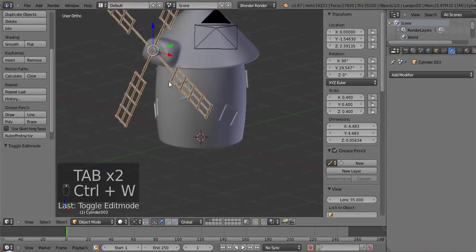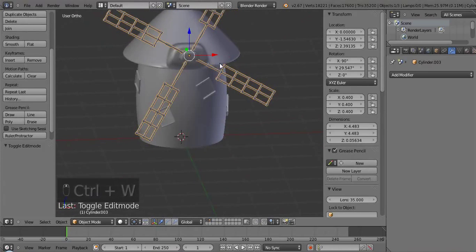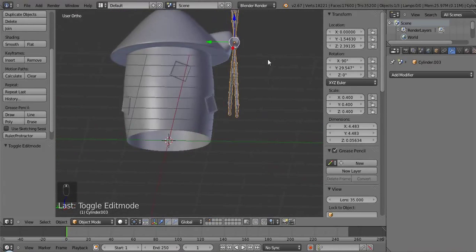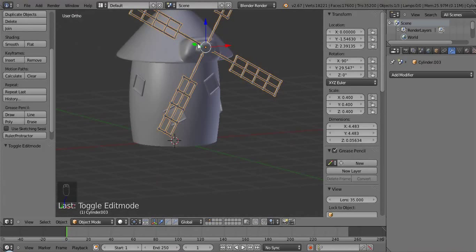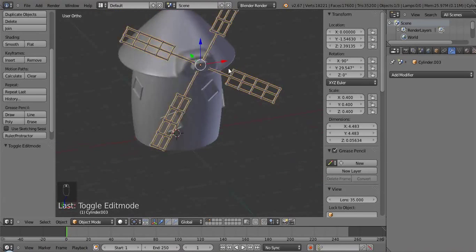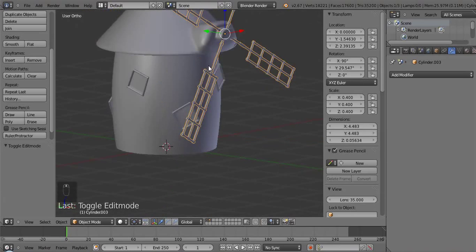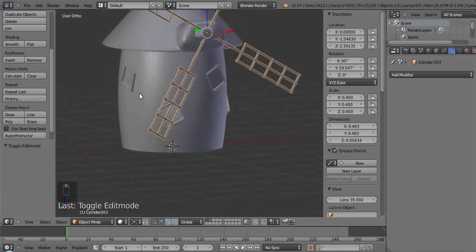Alright, so we have our wonderful little guy, we got our tine, or our, I don't know why I keep calling those tines. Spokes would be more of a term there, but the windmill part of the windmill, whatever. And then so we're pretty good there. Alright, so now we're going to work